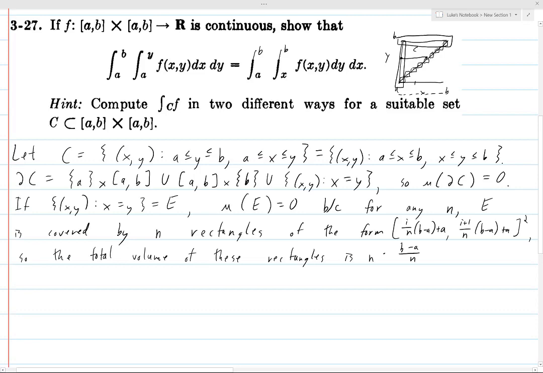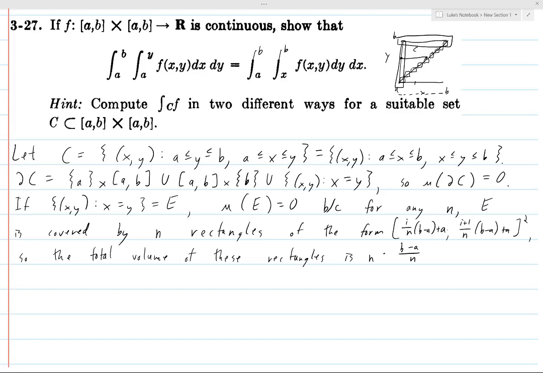Because if you take this i plus 1 over n times b minus a plus a and subtract i over n times b minus a plus a, the only thing left over is the i plus 1 on the right-hand side. You can factor that out